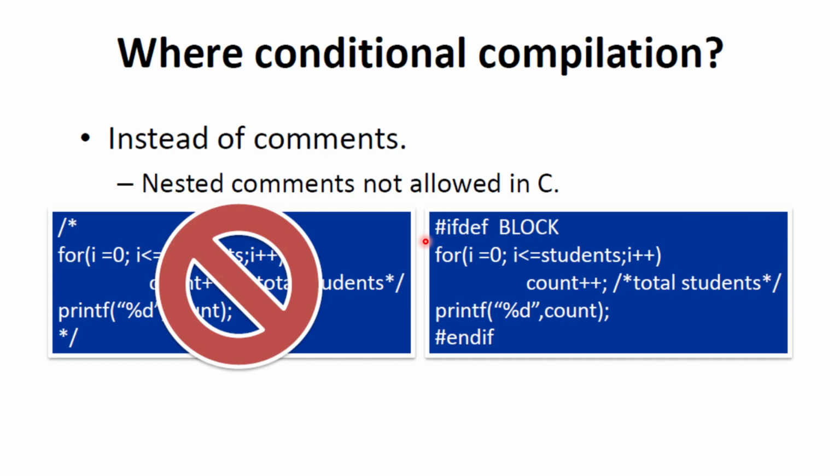But one thing you must understand: we have a raw program with all this written. Now if this symbol is not defined, then in the intermediate code this entire block will not exist. We have seen that the execution of a program has several steps. First, the program you write is preprocessed. After preprocessing, an intermediate code is generated, which is further linked with some libraries, then loaded, then executed. Now after preprocessing, the question is whether this particular for loop will be present in the intermediate code or not. It will depend upon whether the symbol is defined or not.